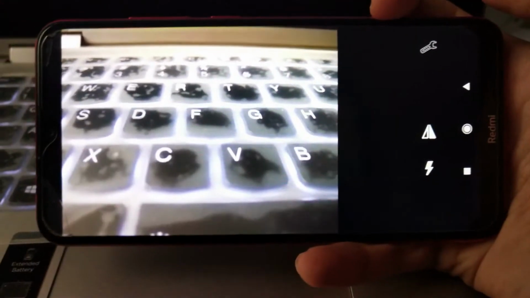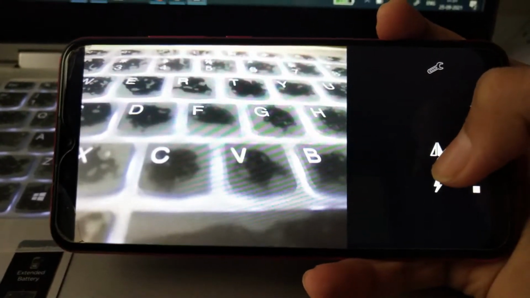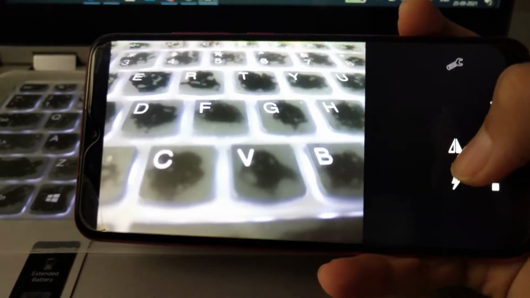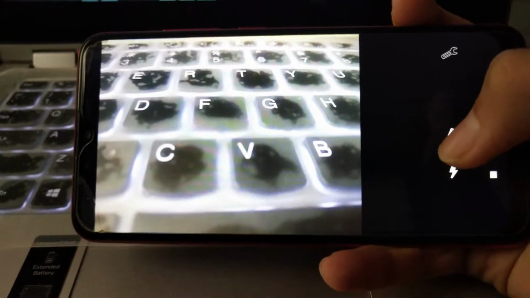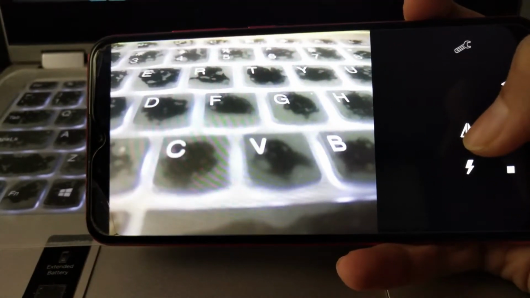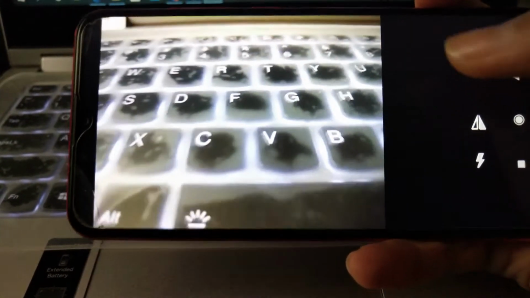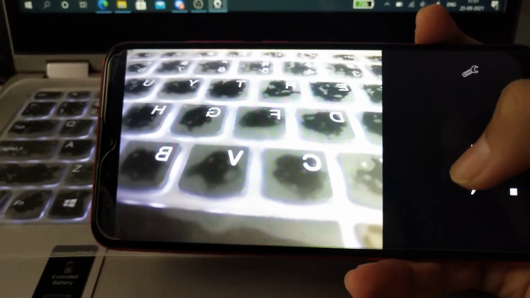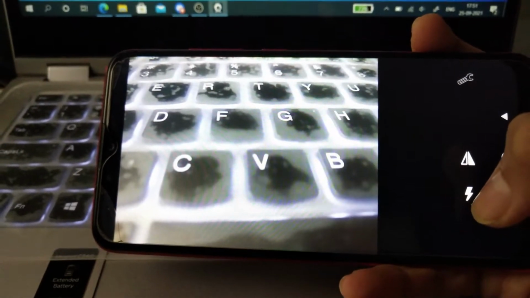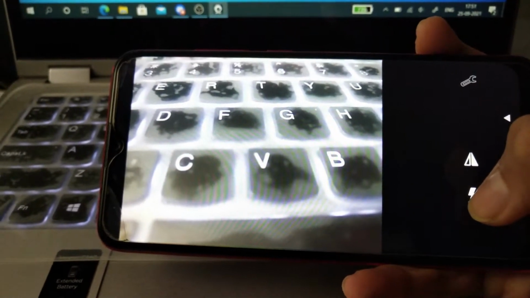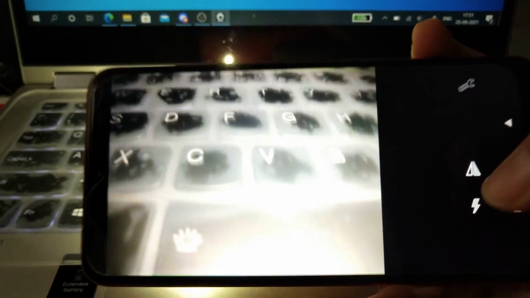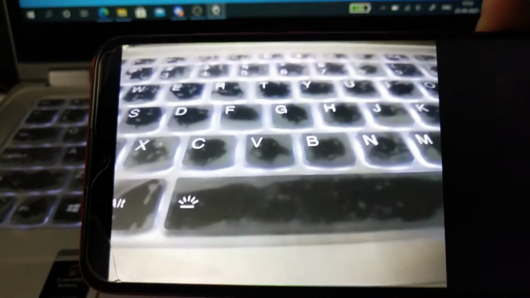So now here back on the phone screen, you can see that these three are some options. This is the settings option. This is the reverse option. That means it just makes the left portion of this video to the right portion, like this. And this is like a flash icon, flash. You have the torch of the phone. You press on it, it switches on the torch of the phone. Now in the settings,